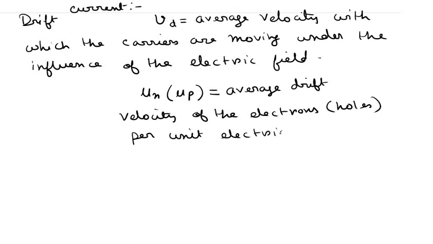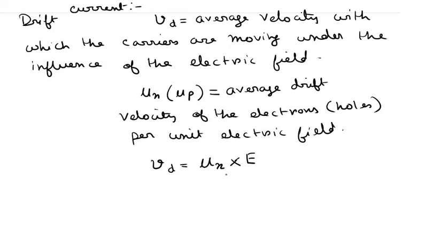So as I said, the average velocity or the velocity of a charged particle is actually proportional to the electric field. So mu n or mu p is the average drift velocity of electrons and holes when the electric field is unity. So the drift velocity must be equal to the average drift velocity per unit electric field times the electric field,